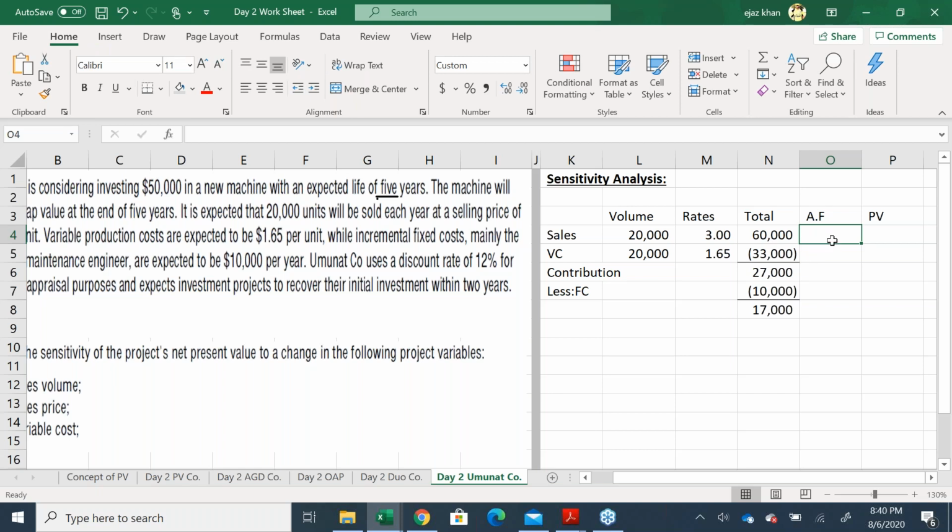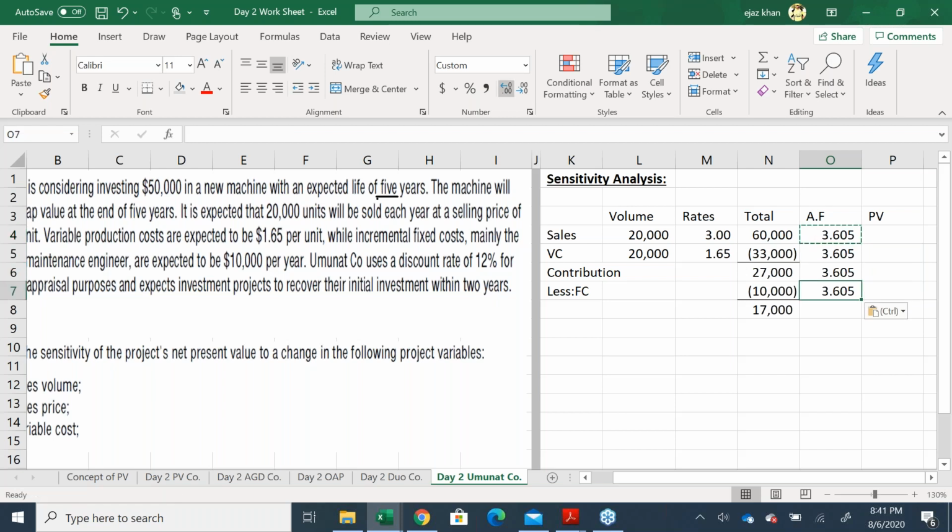So I'm just using a formula of annuity factor. Just if you want to note it down along with me. It's one minus (1 plus the rate). The rate here is 12%. Bracket close, raised to the power minus 5 because we need it for 5 years. And then close this bracket divided by the rate again, 12%. So that's the formula for calculating annuity factor. So now annuity factor for 5 years at 12% will be 3.605,